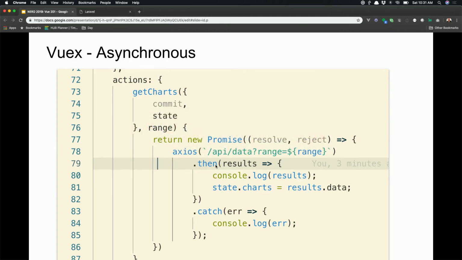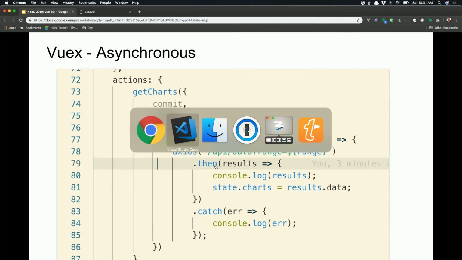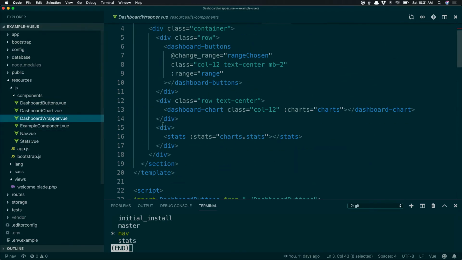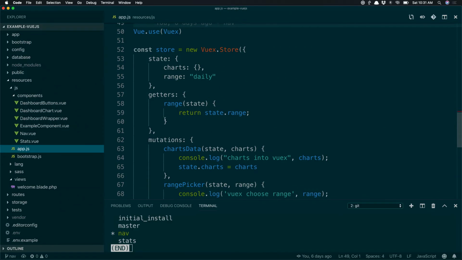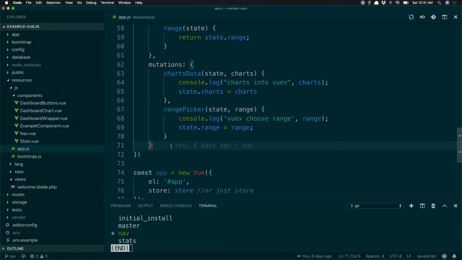So basically, I would move my action out of the dashboard, and I would put it inside the application where, instead of mutations, I'd have another one called actions, and I would move all that logic down there like I showed on the screen. The thing is, this is getting big, and most people would pull this into its own file, and then you would even namespace your file so that they would talk about the particular state or model you're thinking about, users or charts or data. So you can easily pull this little chunk of data out into its own folder, into its own namespace, and pull those files in as well.